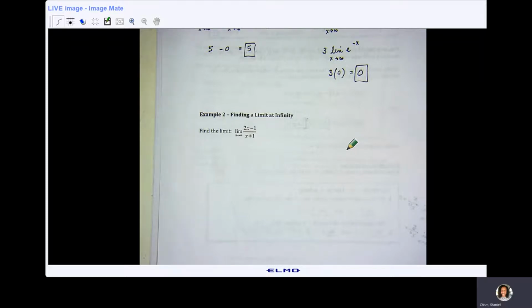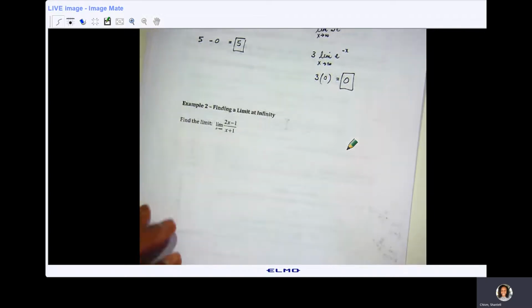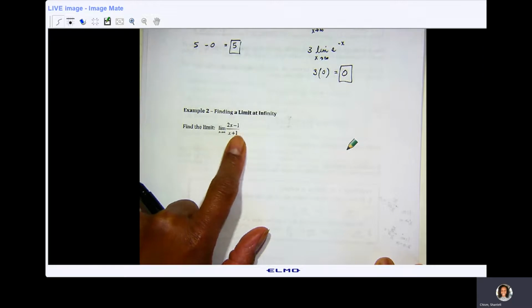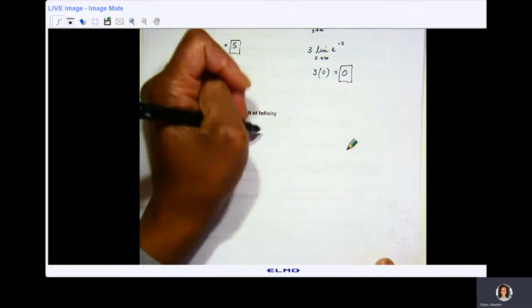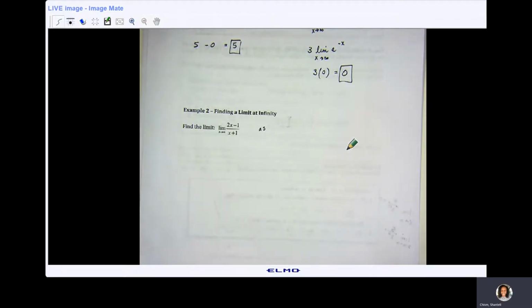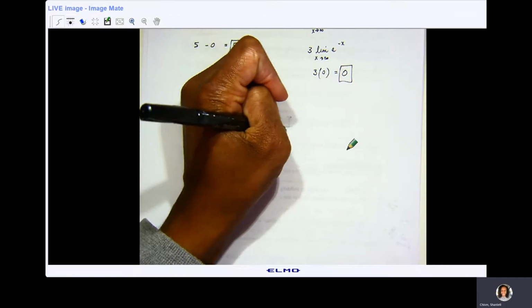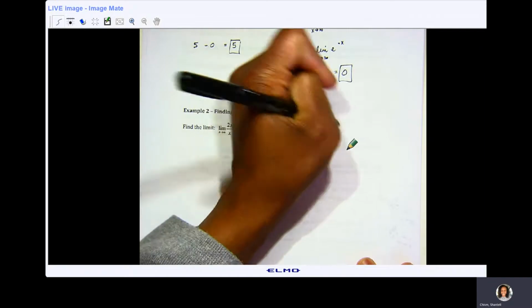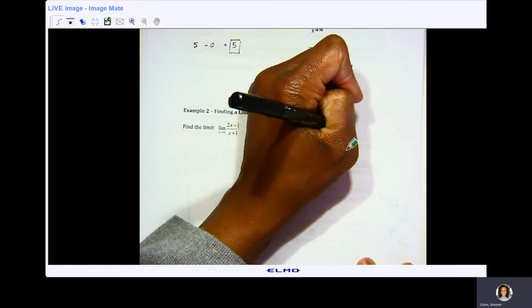I don't think they're in your homework too much, but they are spoken about in the text, and I may talk about it a little bit more in class, but I just want to give you a little background on this one. So if we're looking at this limit as x approaches infinity of 2x minus 1 over x plus 1, take a look. If we were to actually replace x with infinity, or numbers really, really big, on top and bottom, in the numerator and denominator,